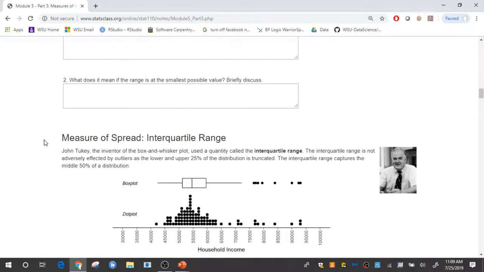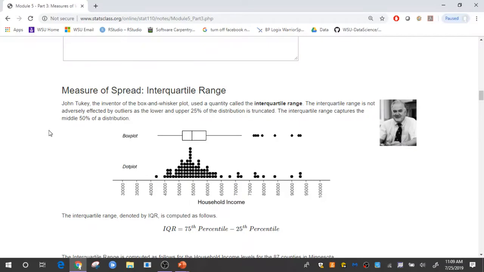Okay, measure of spread, the interquartile range. So John Tukey, here's a picture of John Tukey over here. He was the inventor of the box and whisker plot. He used an idea called the interquartile range, which on a box plot is just how wide the box is. Now what we do to compute the interquartile range is we truncate or ignore the lower 25%